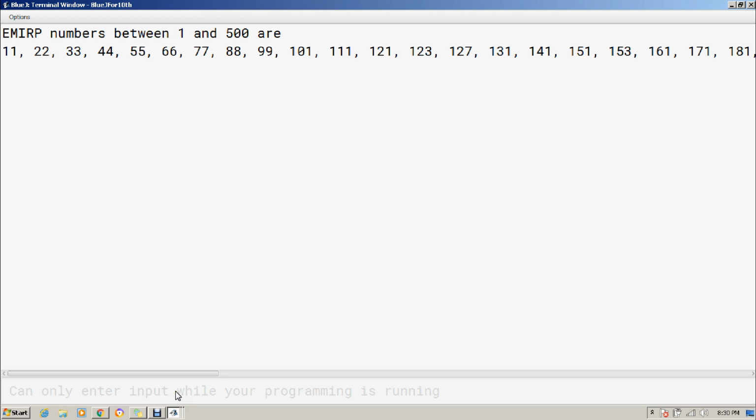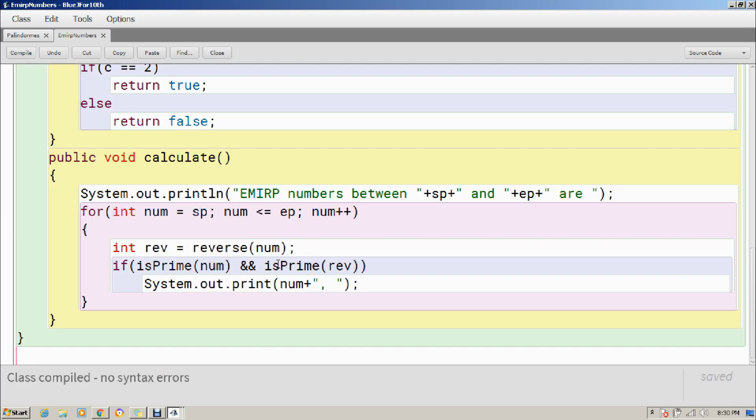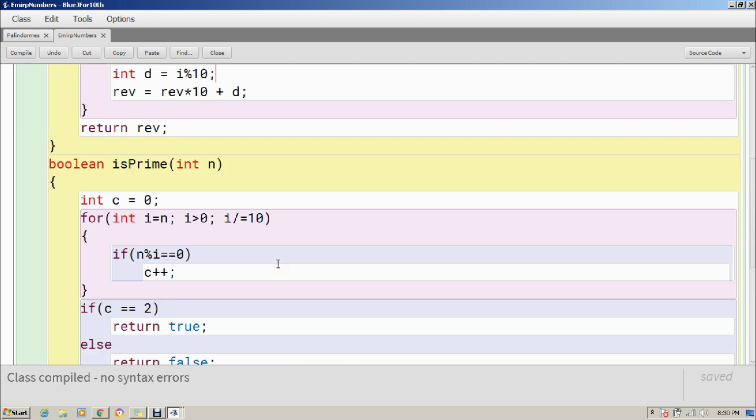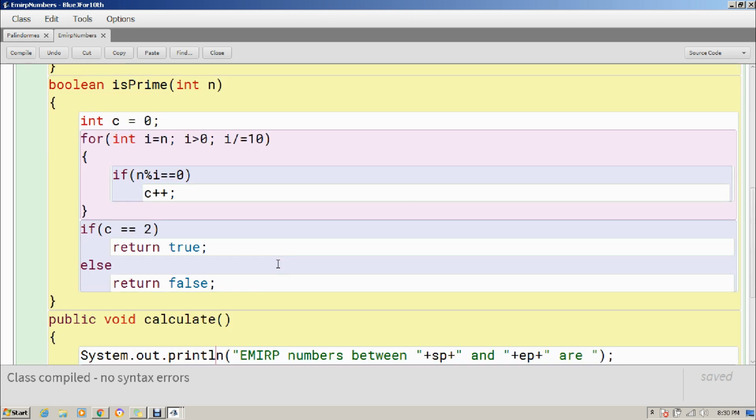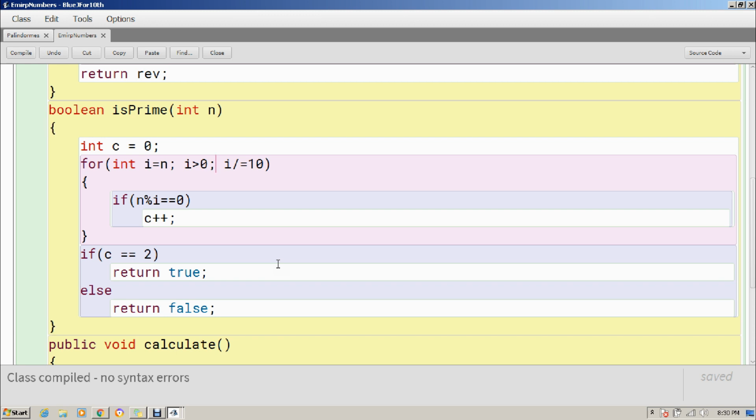Let's check why. Let's get back to the program. Emirp numbers, rev, fine, isPrime, and let's see what we have done in isPrime. We have accepted, and if C is equal to 2, then true, else false. Here we have made the mistake. See the loop, every time we have to increment the value of I. This was the mistake.